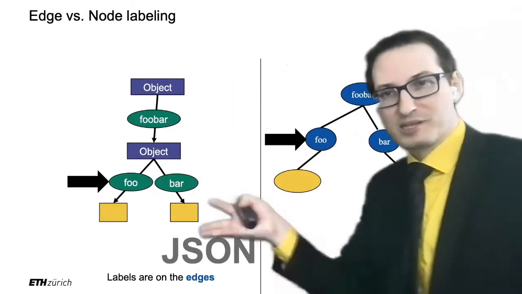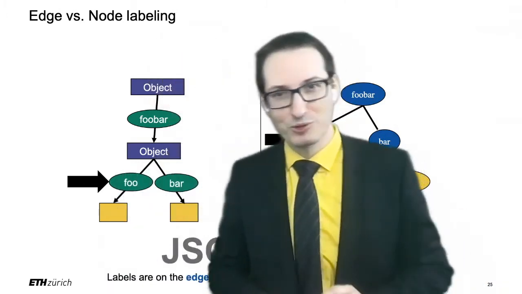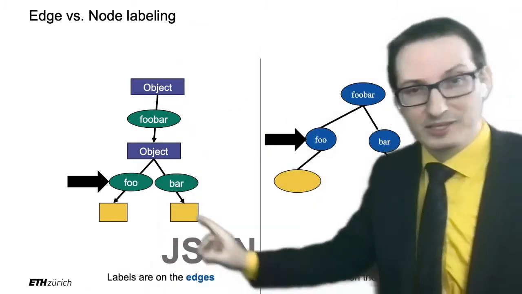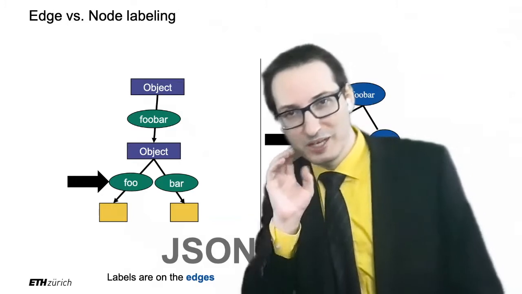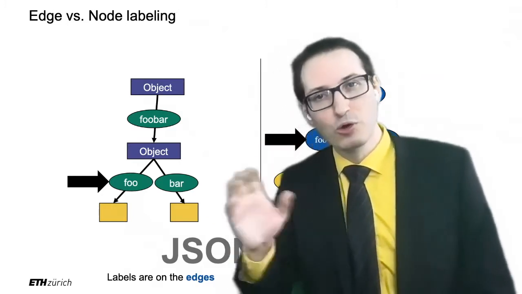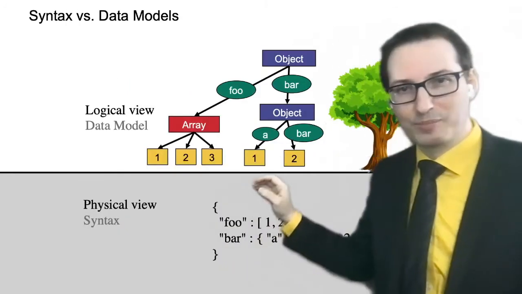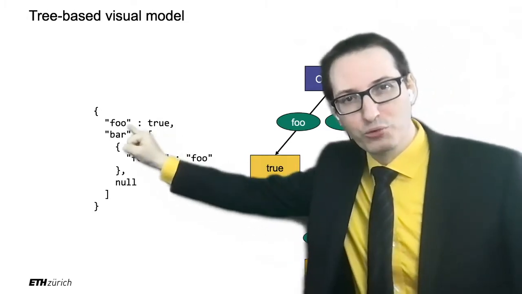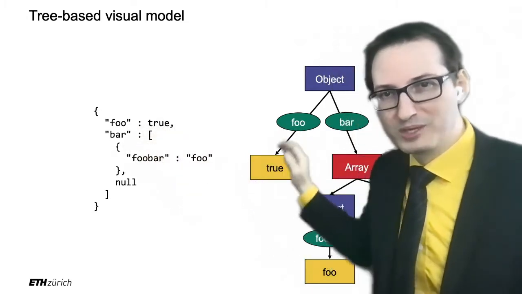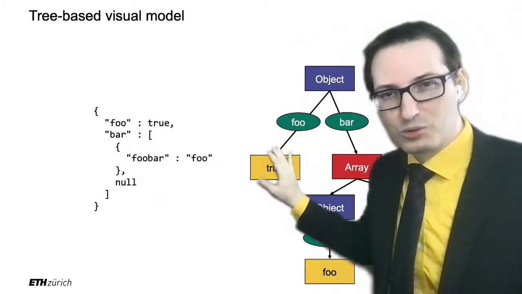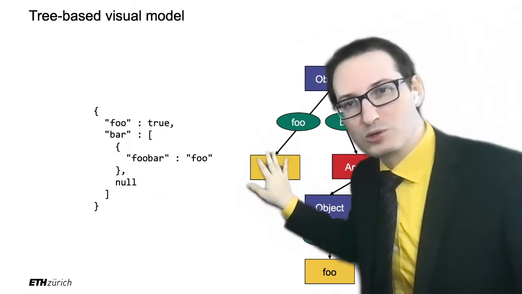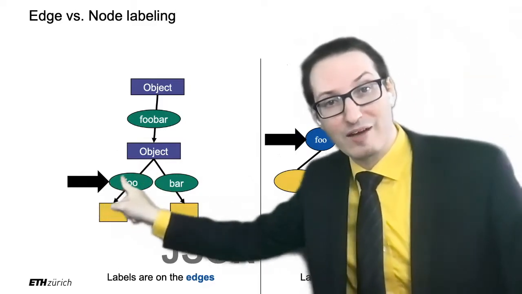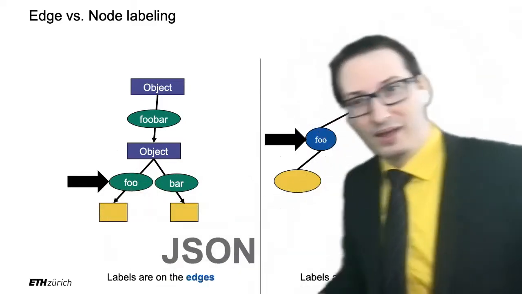Okay. So of course, there's a few differences between the tree that you get with JSON and the tree that you get with XML. It's a bit subtle, but there are a few differences. And one of the differences, let me put it that way: in JSON, a value does not know its name. So if you have, for example, here, true does not know that it's called foo. True is just true, right? So the foo is outside, it's on the edge from object to true. So if you just take true on its own, it doesn't know it's called foo. This array doesn't know that it's called bar. So this is what I mean here with the fact that we have the names on the edges and not on the nodes.